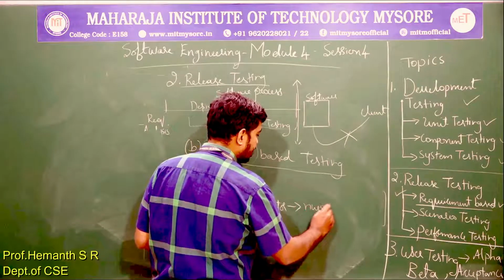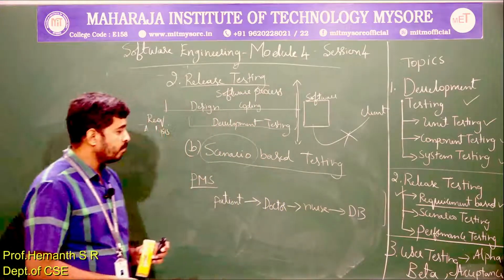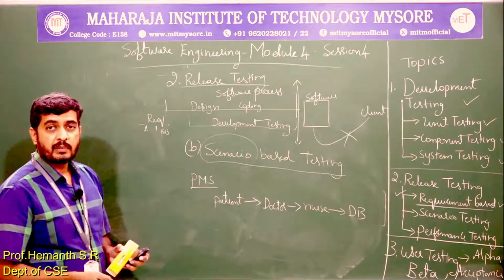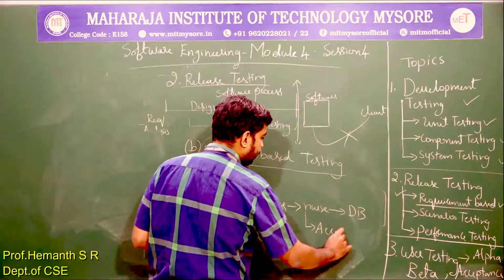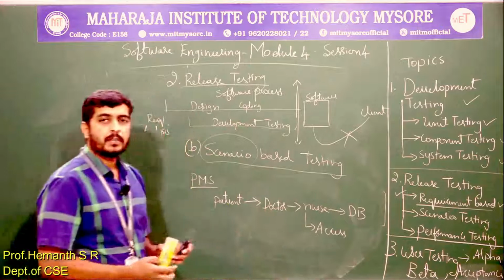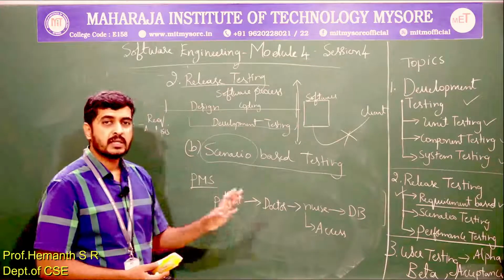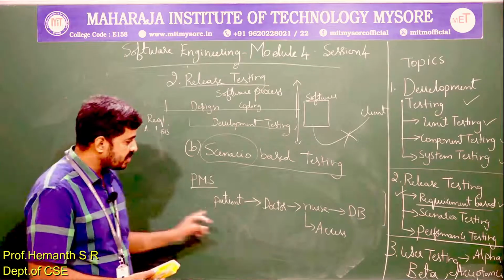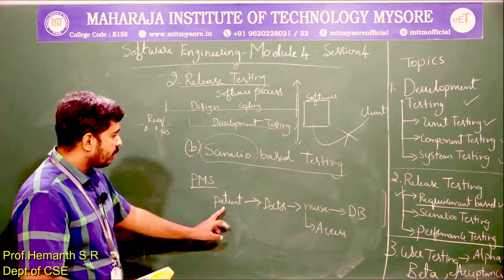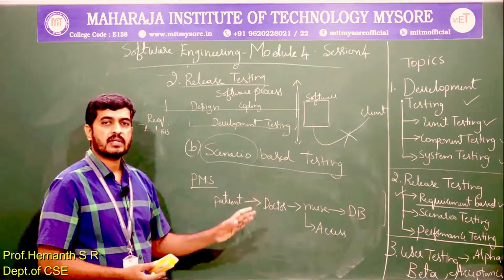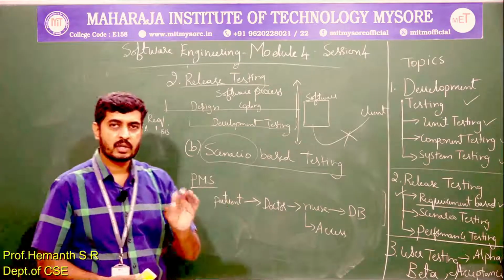Maybe by the nurse. We'll assume the nurse is updating the database. All these details will be stored in the database. And for storing in the database, the nurse should access the patient record. That is one more aspect here. The nurse should access the patient record that was already created when the patient had registered himself with the receptionist. We had seen this scenario in module 2 and even in module 1. So the patient record will be created and stored in the database initially when the patient registers himself with the receptionist. So in the database the record is already there.